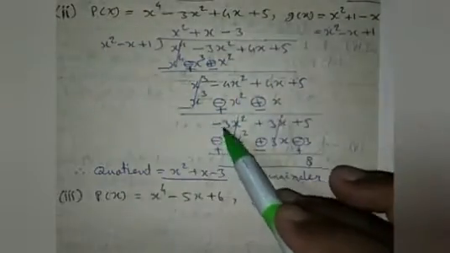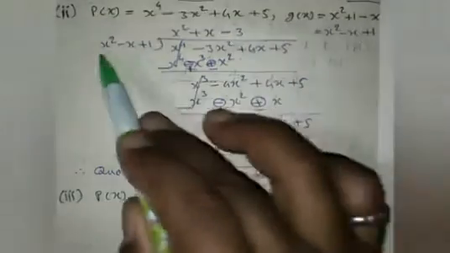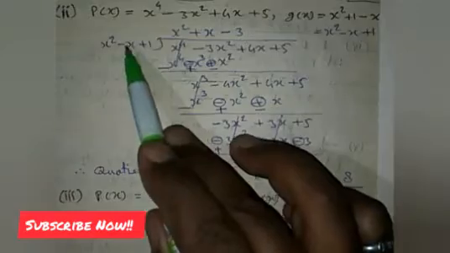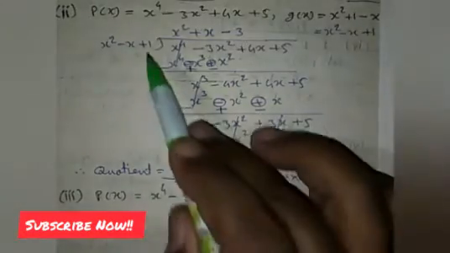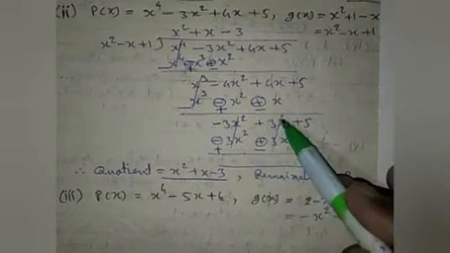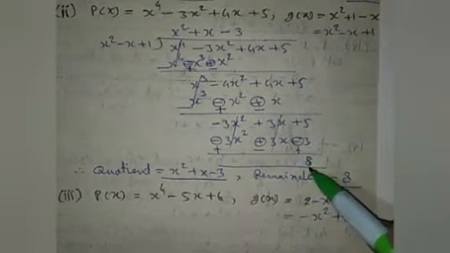So here, minus 3x means minus 3 is the table. Multiplying it here will give minus 3x square, minus minus plus 3x, then minus 3 into 1 will give minus 3. After subtraction, the first term is cancelled out, and the second term, 3x minus 3x, is also cancelled out. So here plus 5 plus 3 will give plus 8.